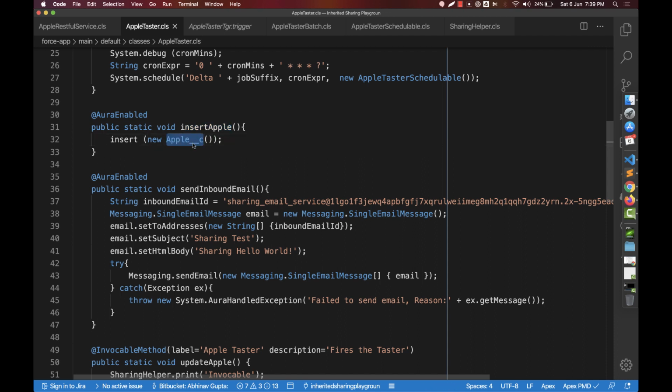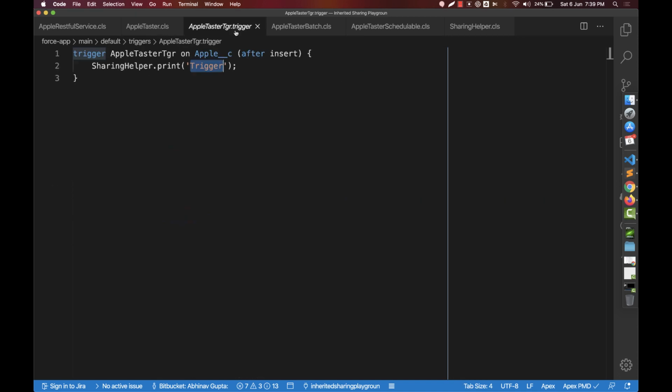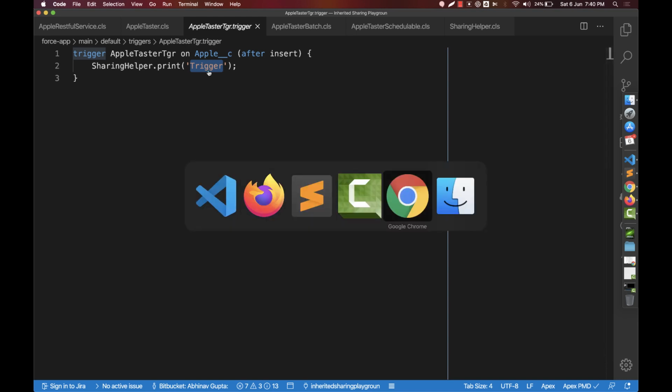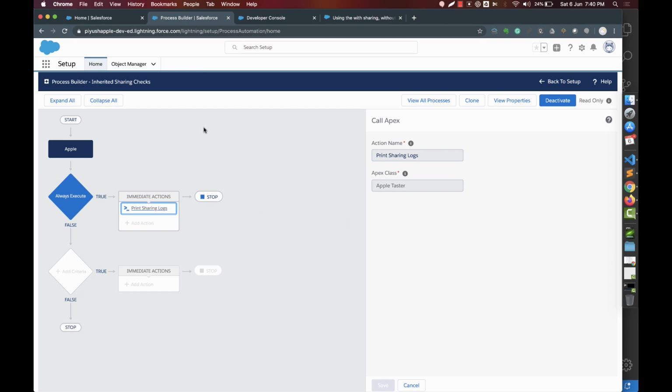This Apple insertion fires a simple trigger which calls the sharing helper, and again it just passes the trigger context here. Apart from that, we do have a process builder on the Apple object.